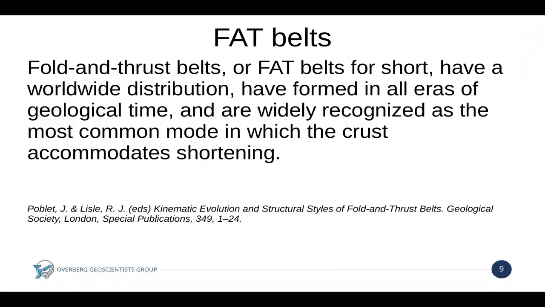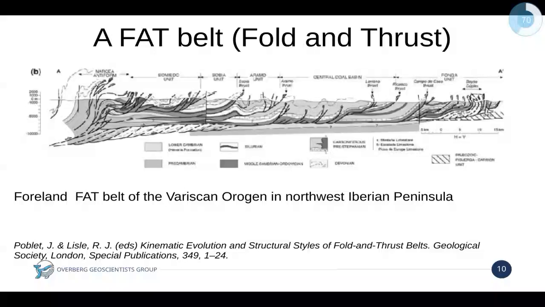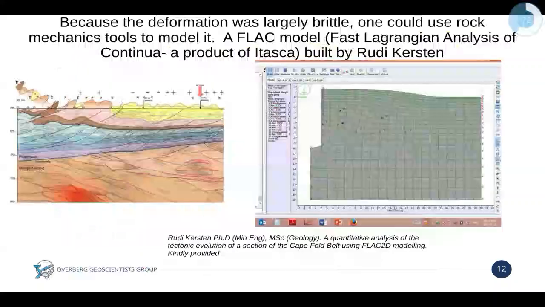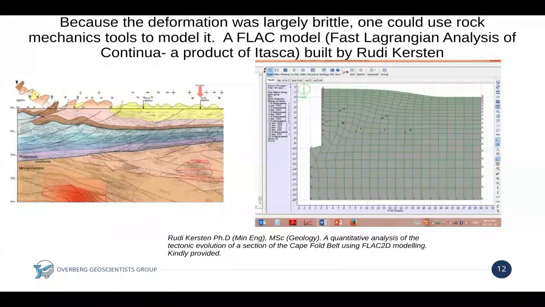Fold and thrust belts. This is a very typical fold and thrust belt. And if we look at the interpretation from geophysics, we see a picture very much like a fold and thrust belt, as we saw before. And because the rocks behaved in a relatively brittle fashion, you are given the license now to model it